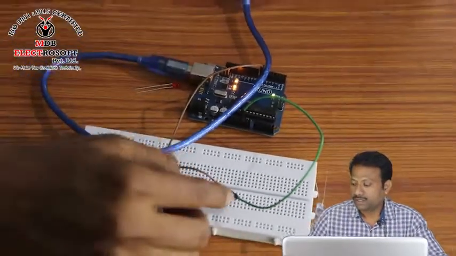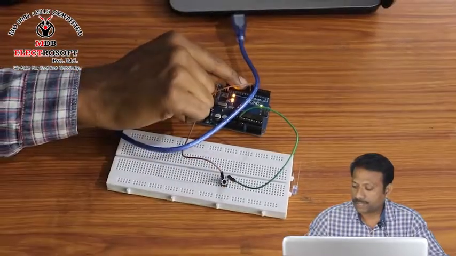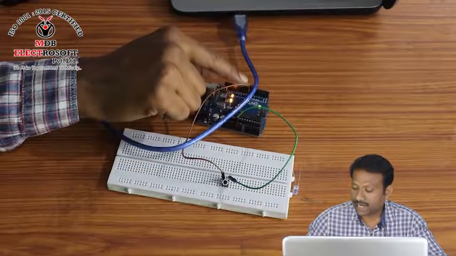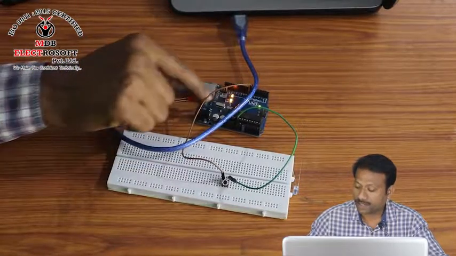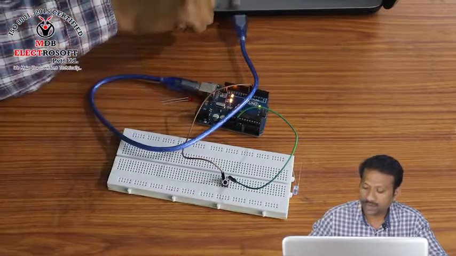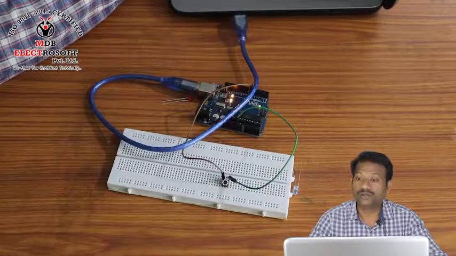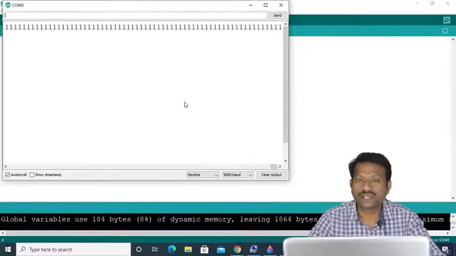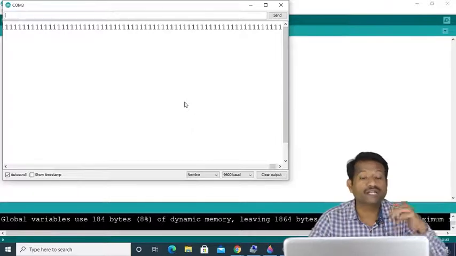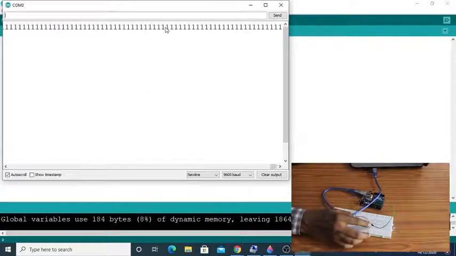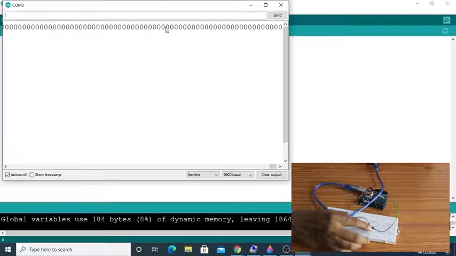Now when I press the switch, that logic will apply to this pin number 7. Now I have not pressed the switch, logic is 1, and that logic with the help of the print command is transferred with the help of this cable to our PC. And we know that this is the serial utility in the Arduino software. By using this serial utility we can observe the data coming into our laptop. Now see, it is showing 111 as I have not pressed the switch. The moment I press the switch, the logic changes to 0. Again I am opening, closing, logic 0, opening, logic 1, closing, logic 0.